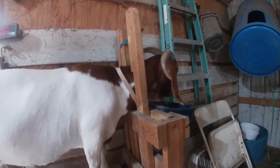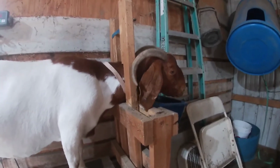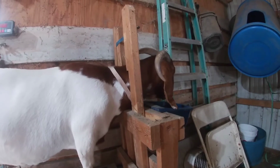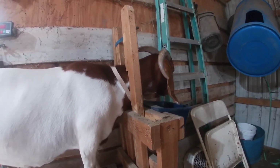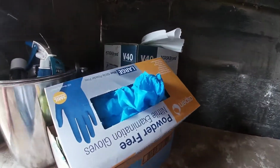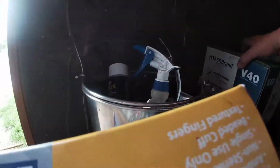So this is a way that we make sure that she gets bred. These old does, you only have a small window when they get of a certain age. So by doing this, she's able to stay on the farm instead of having to be culled. So that's why I chose to use a CIDR on her. So now we're going to take our bag of tricks to the next area and CIDR the next doe,